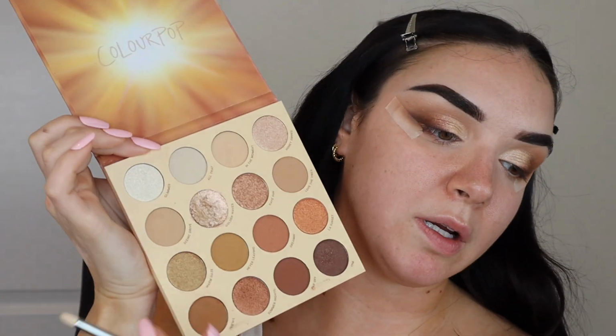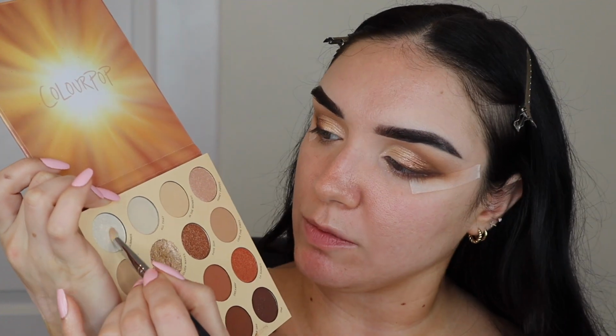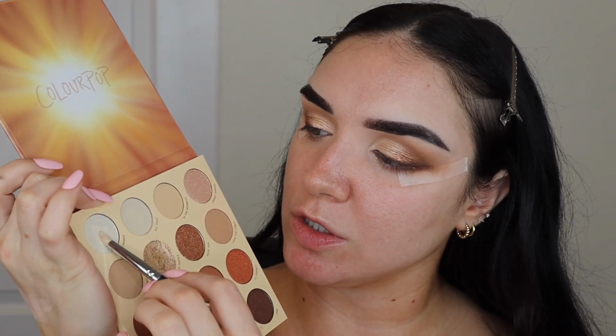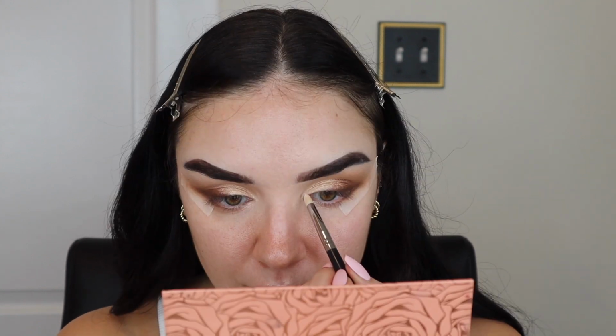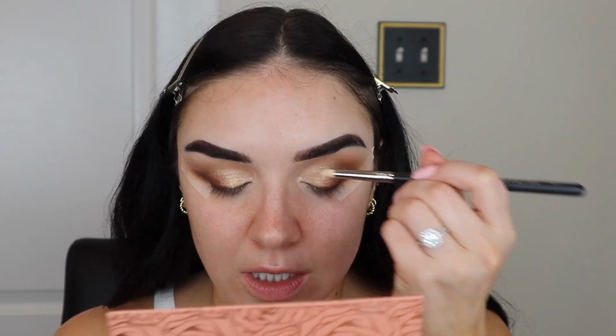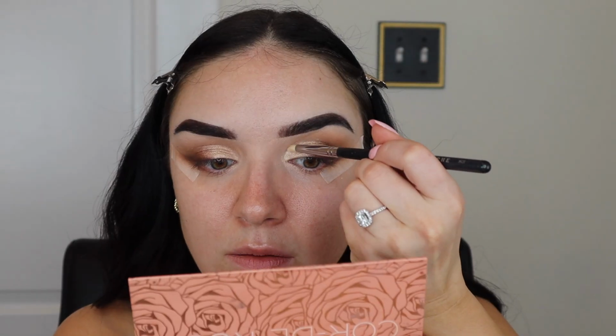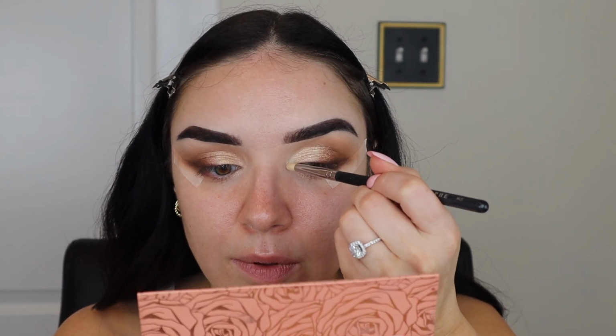Okay, let's do a little inner corner highlight. I usually have to touch this up at the end anyway after I do my face makeup, but I like to just do it at this point so that I remember, because if I don't do it now, I'll forget and then I won't do it at all. So just taking that shade, did I say? I think I said it. Taking the shade Glimmer, and I'm just getting that on a pencil brush, and we're gonna brighten up the inner